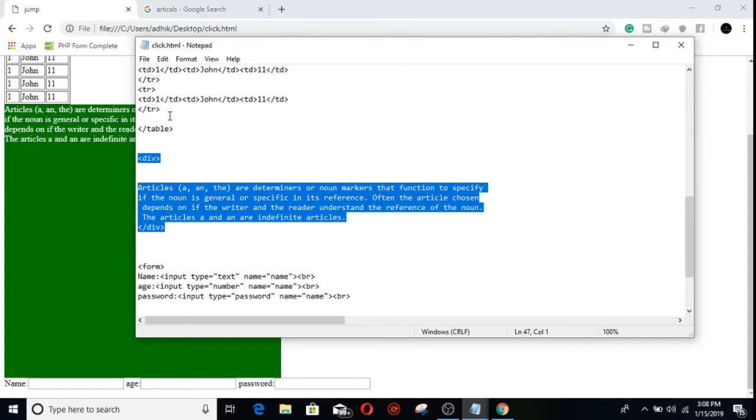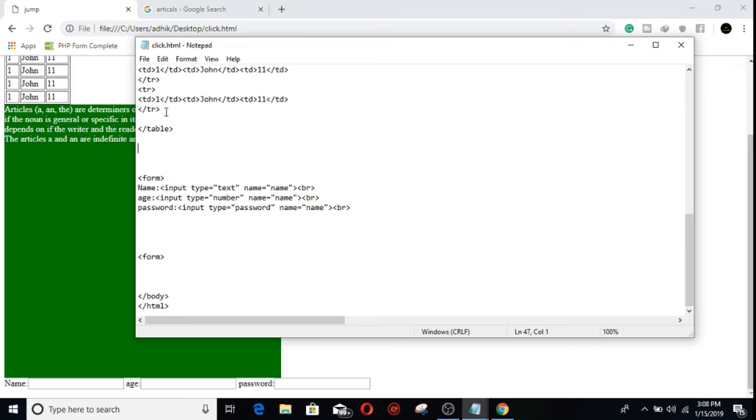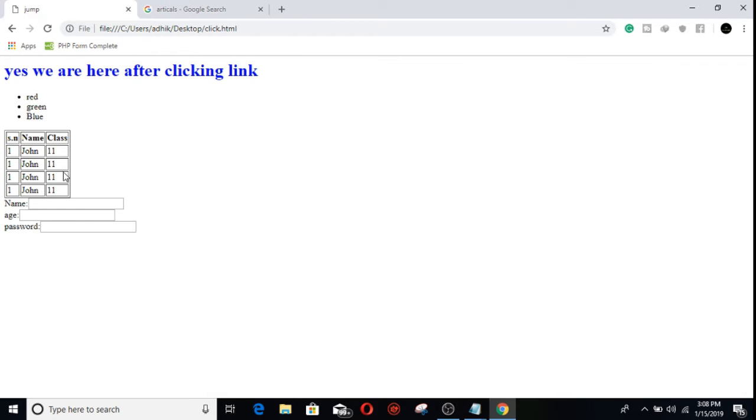Remove this div. Form. Okay, here the form, like the name, then password,